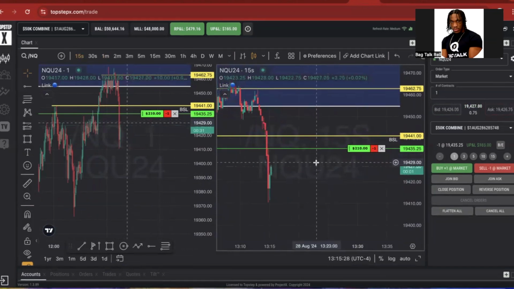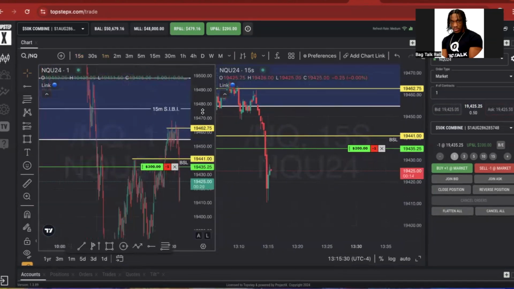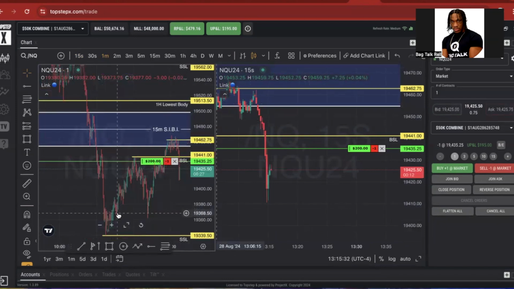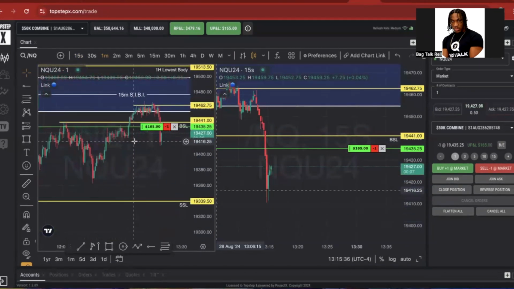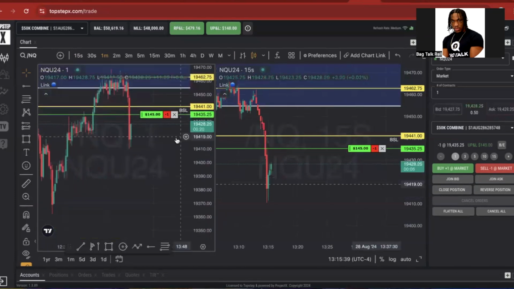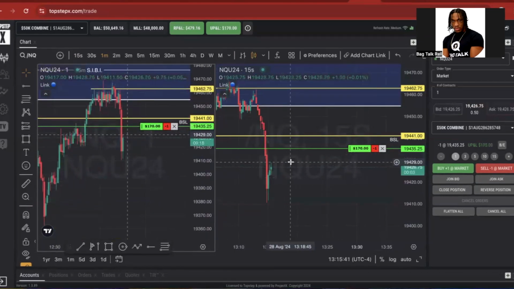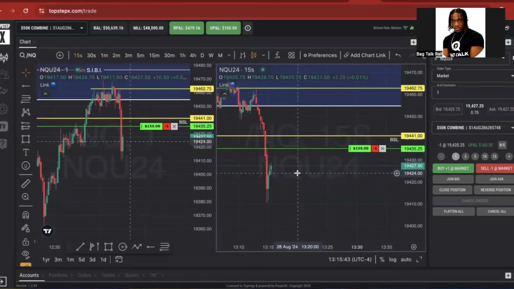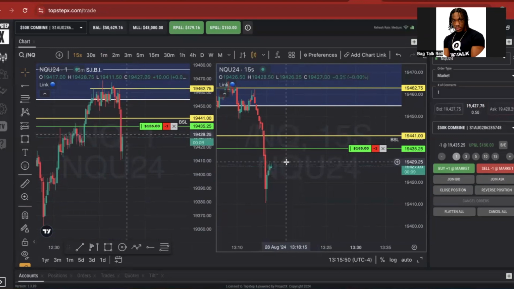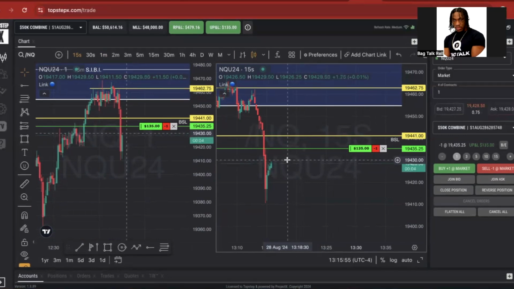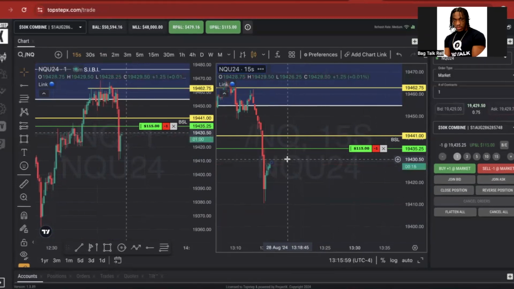Once again, I didn't expect the big drop that happened earlier. I didn't expect that to happen, you know what I mean? But I definitely felt like the rest of the day would be choppy. And so that's why you see me still here on this eval. The best case scenario is I pass the eval. The worst case scenario is I fail the eval, but at least I'm not losing any of my funded accounts. So I would rather not trade a funded account in low probability conditions, such as